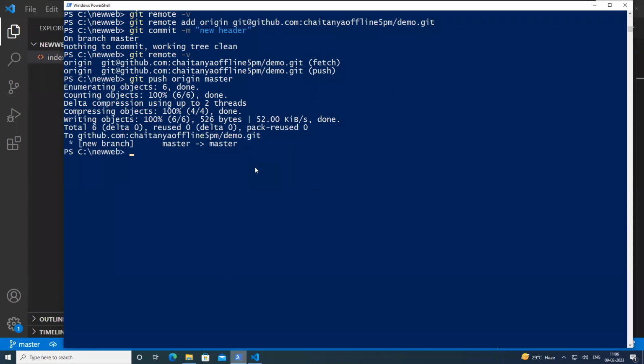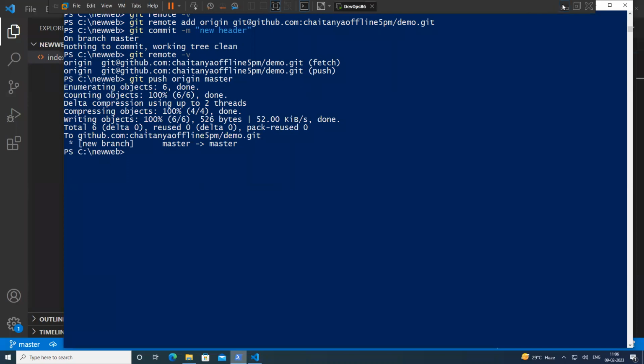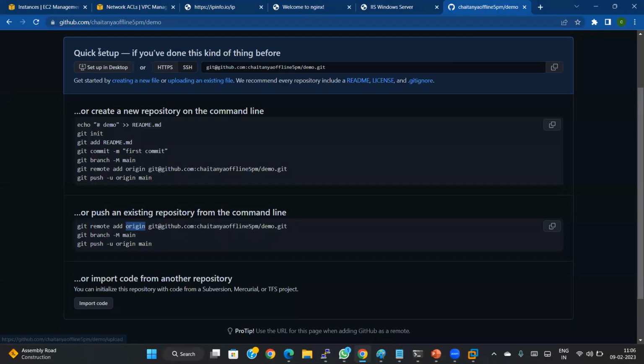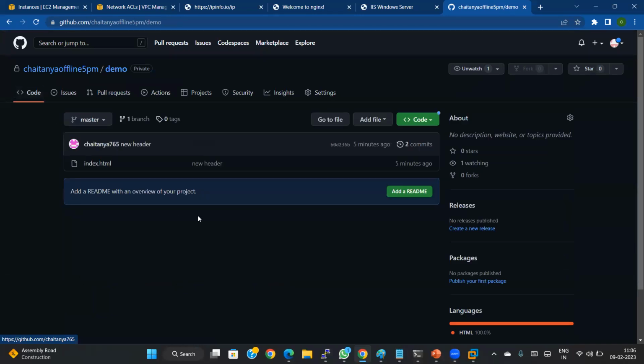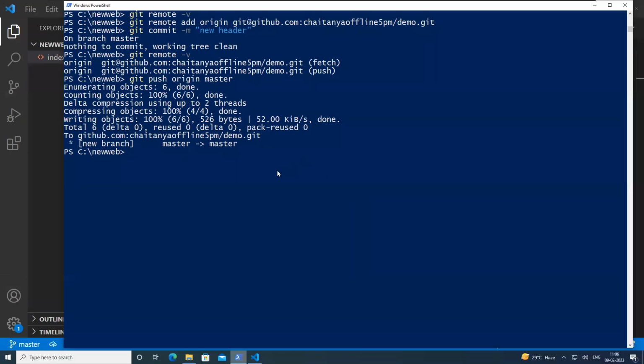Oh, very good. Okay. Now my entire code has been pushed into this particular Git repository. Actually, you will get an error, but fortunately I did not get any error. The reason is that I already have a key, so depending upon that key only, I am not getting any error. I will tell you all these things in Terraform, but now what I want to show you here